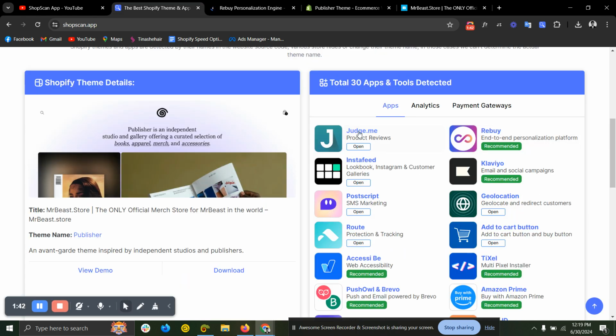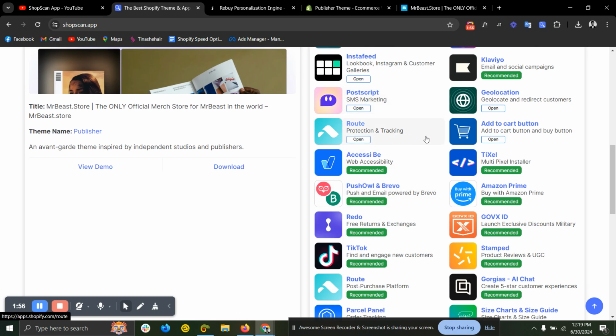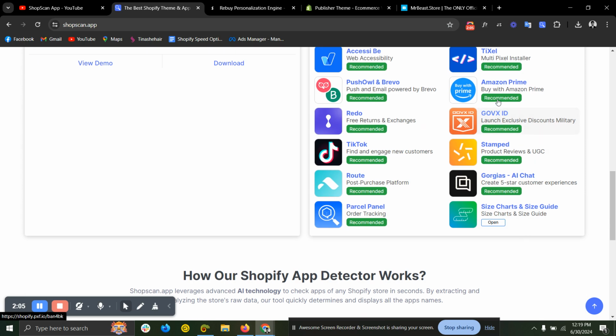Here you can see, he's using Judge.me product reviews, Rebuy, and PostScript especially, and Instafeed, Klaviyo email marketing, PostScript SMS marketing, a geolocation app, Route, add to cart, accessibility, Pixel, Push All, Amazon Prime, Redo. This is for military discount. This discount is especially for military, Stamped reviews, the chatbot, TikTok, Parcel Panel, the order tracking, and the size charts,